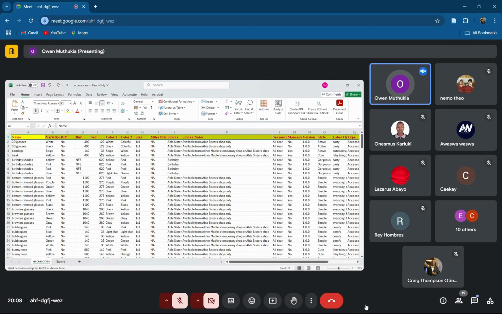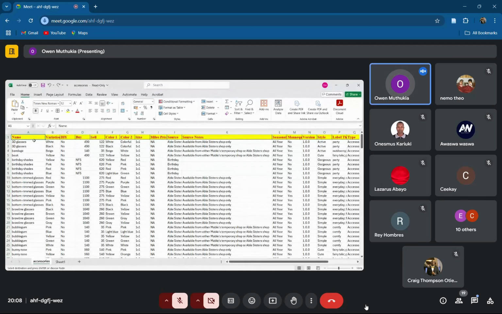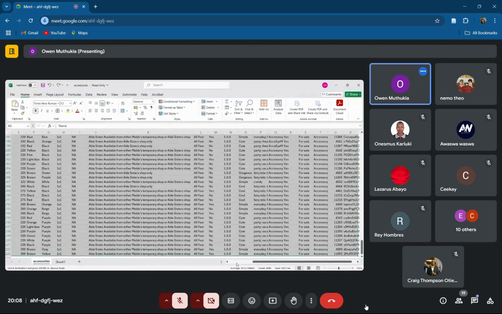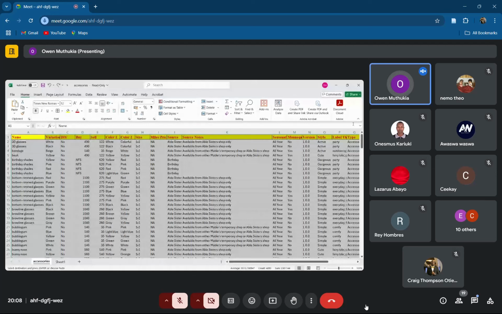As you can see, our data seems to have the numbers on this side. The text is on this other side. So we can just click right here to select all the data, or you can also select the name and say Control A, whereby it will select all the data from the bottom to the top. It will have selected all the data, so you can align your data as you want. So we want our data to move to the left, so I'll just select left, and you'll be able to see all our data will be